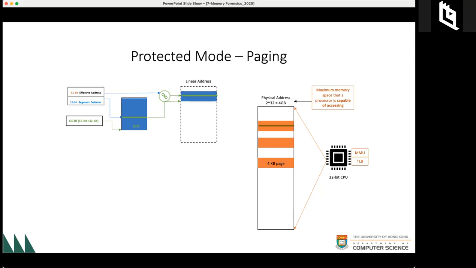Virtual memory is divided into pages according to this kind of arrangement, just like the physical memory, so that